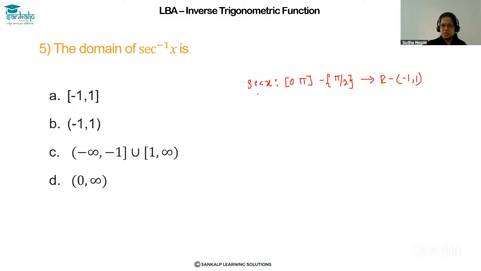Okay, this is bijective in this domain, correct? So, therefore, secant inverse x is defined, and it is defined from R minus of -1 to 1 to 0 to pi